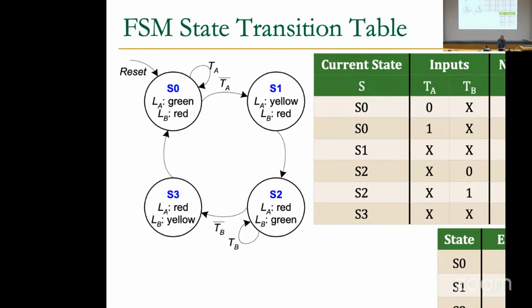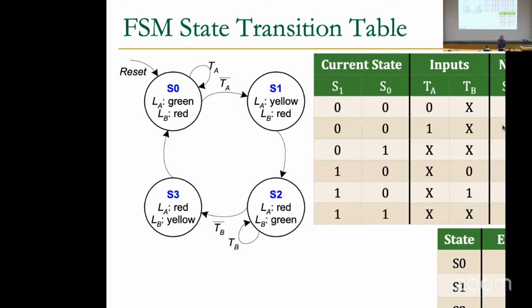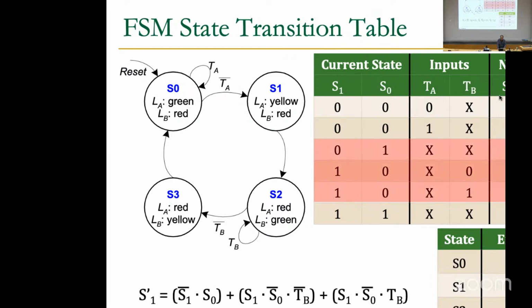But this is one kind of encoding that ensures that you use a smaller number of flip-flops, because your register needs to have only 2 flip-flops. Using this encoding, you can move it to this truth table, and then you can have S prime 1 and S prime 0, and make it more clear. So from S0, we want to go to S1, meaning that the next state should be 0, 1.